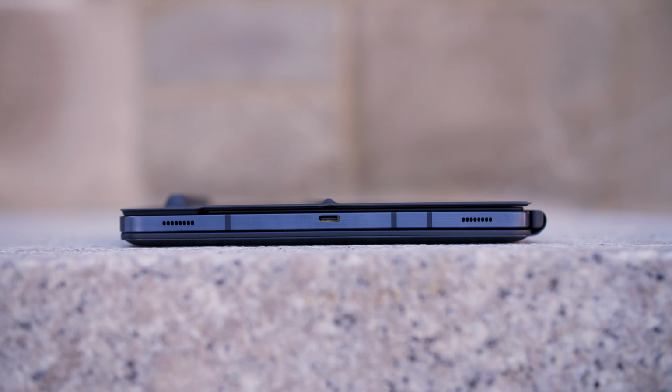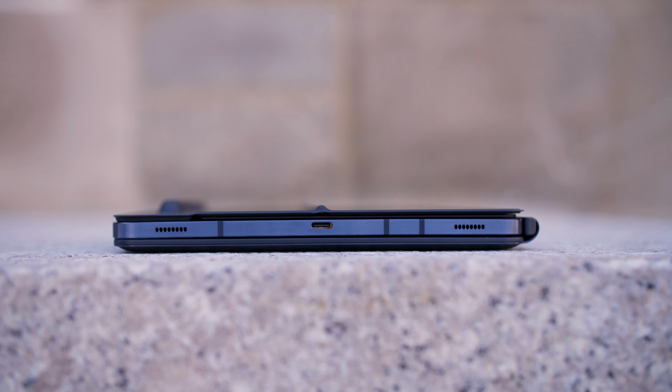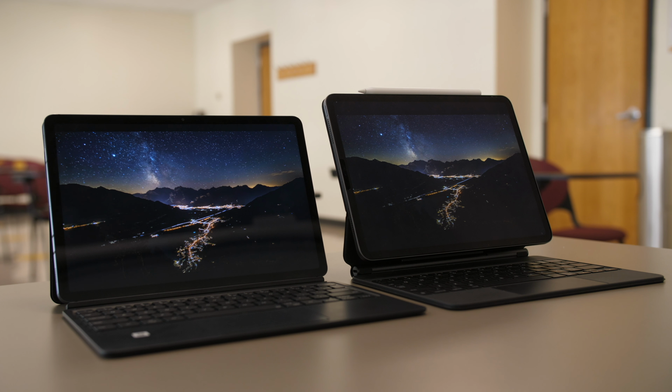They've got dual speakers on the top and bottom, so a really nice audio experience. The Tab S7 has an aspect ratio that is a little bit better for watching movies in landscape and widescreen things like that, whereas the iPad is a little bit more compact and a little bit more comfortable to use as a tablet vertically. The Tab S7 has the camera on the landscape axis, whereas the iPad has it up